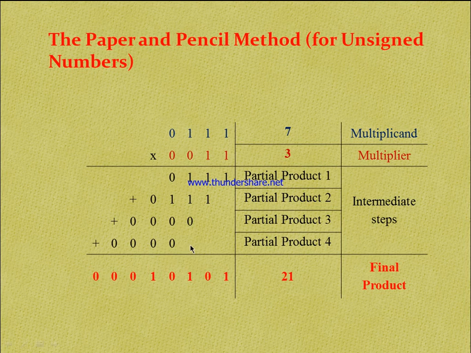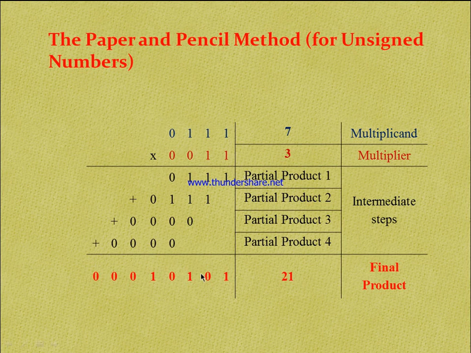After getting all the partial products I have to add all of them. So this one comes here, this 1 plus 1, that means 10, 0 is here and carry is 1. The carry is added with this one, that means 1 plus 1 is 10, and 10 plus 1 is 11, and this is 0, that's why it is 1. Again 1 is carry. So in this way we will add and get this result. So this is the binary number. The decimal equivalent of this number is 21. So in this way we will perform the pen and paper multiplication.